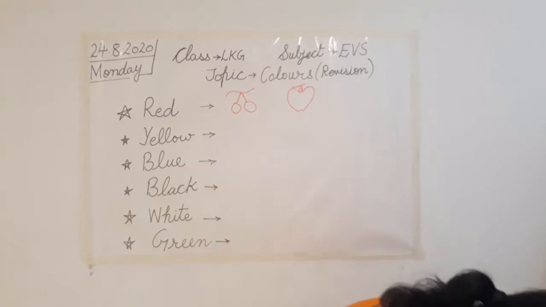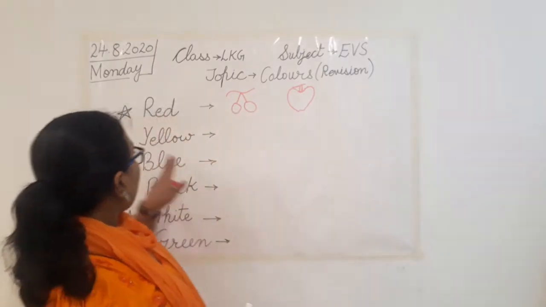Any two objects, class? Two yellow color objects. Can you tell